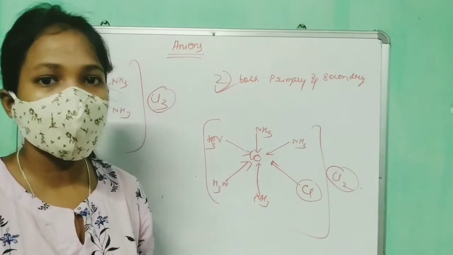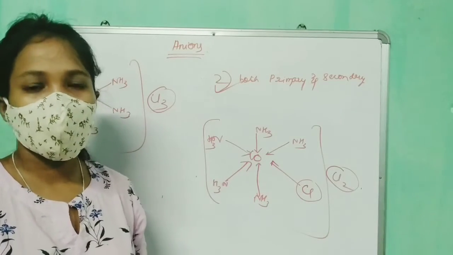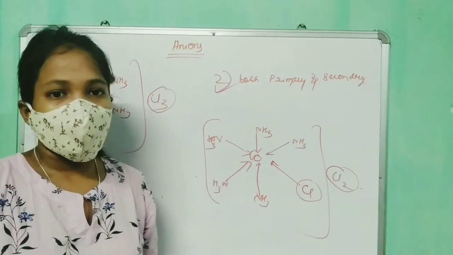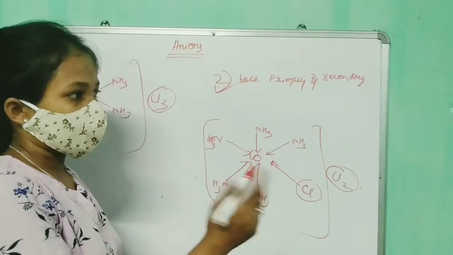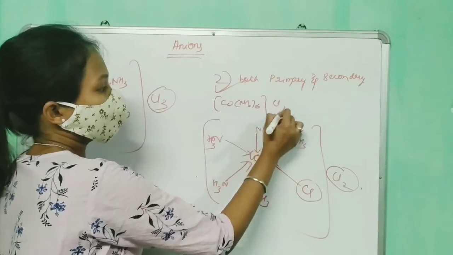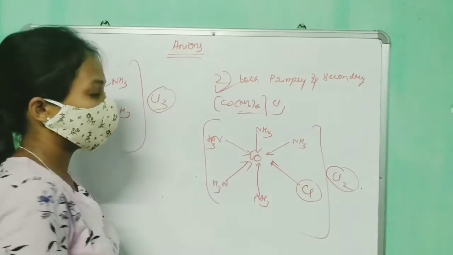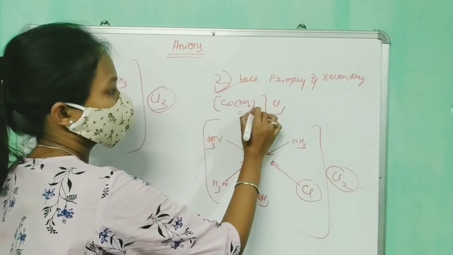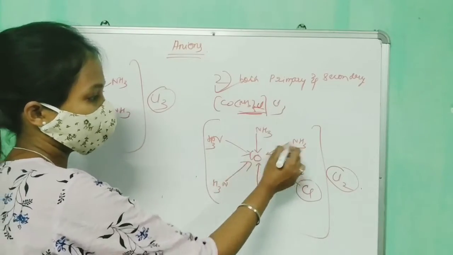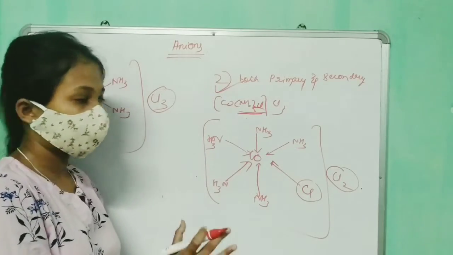So now we know all of these things. After learning so many things, we know everything, right? Everything is in front of our eyes. We have this many books and all the research has been done earlier. So it's very easy for us to think and depict the structure. Like if we see Co(NH3)6Cl3, we can say that it will be octahedral geometry. Or if there is [Co(NH3)5Cl], we can clearly say there are 6 ligands, so this anion will be present in the geometry while we draw the complex, right?